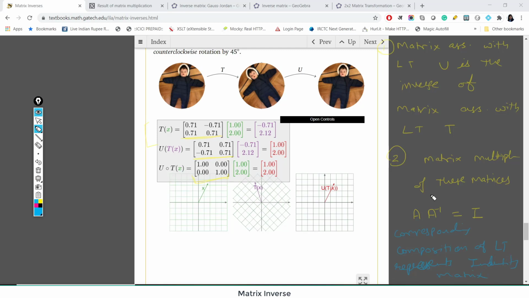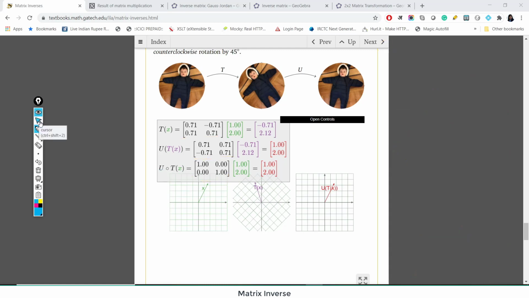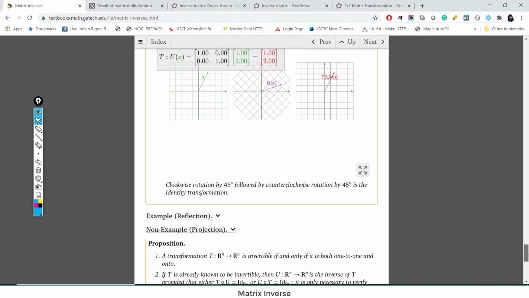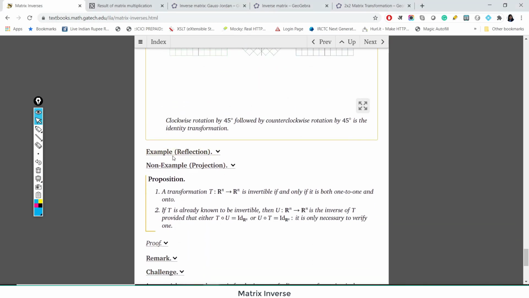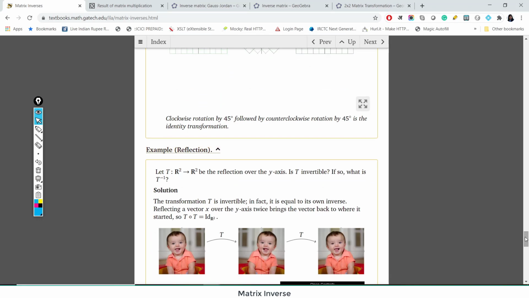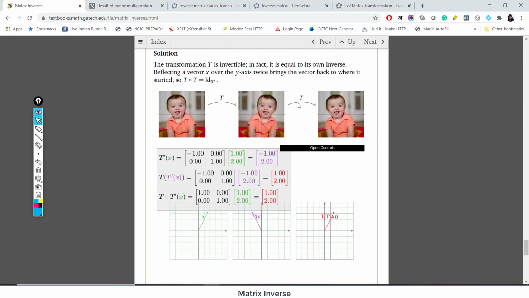So we have verified all these things by using just one simple example, where we can see the images as well, we can see the computation, and we can see how the coordinates change in the 2D space. These things can be proved for 3D also. It is easy to visualize in 2D space. So in this book you have many other examples like a reflection. You see the kid, the reflection image, and if we take one more reflection in the reverse order, we get to the original image, and this is the corresponding calculation.